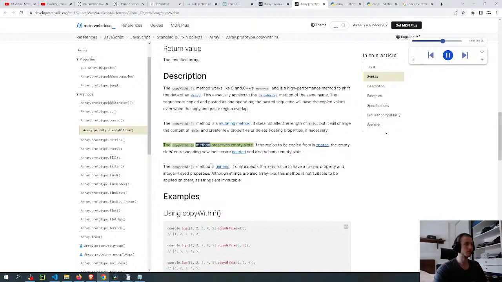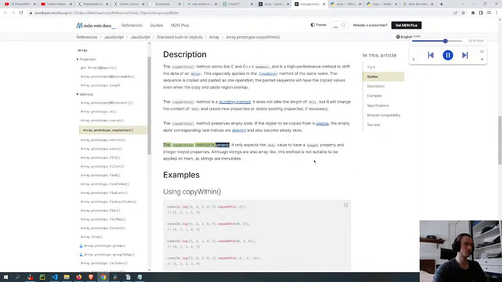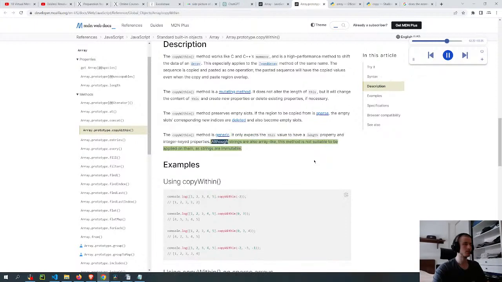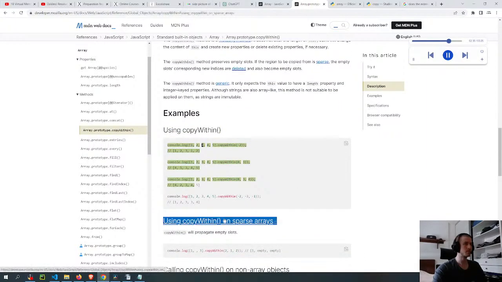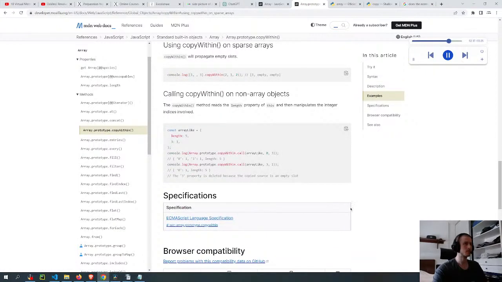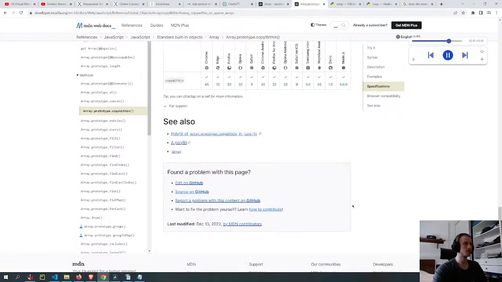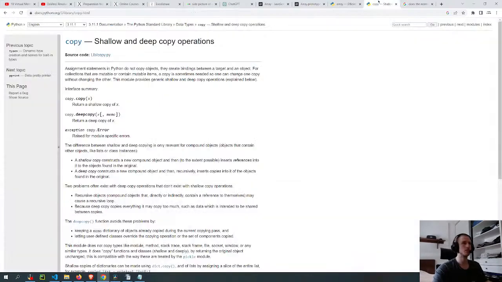The copyWithin method preserves empty slots. If the region to be copied from is sparse, the empty slots' corresponding new indices are deleted and also become empty slots. The copyWithin method is generic. It only expects this value to have a length property and integer-keyed properties. Although strings are also array-like, this method is not suitable to be applied on them, as strings are immutable. Examples. Using copyWithin. console.log([1, 2, 3, 4, 5].copyWithin(-2)); // [1, 2, 3, 1, 2]